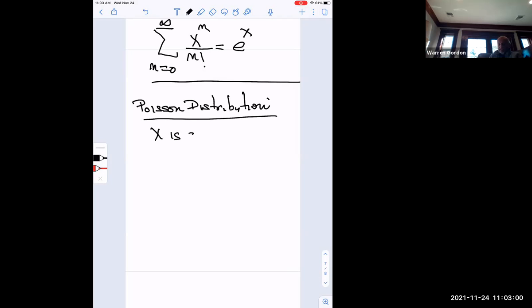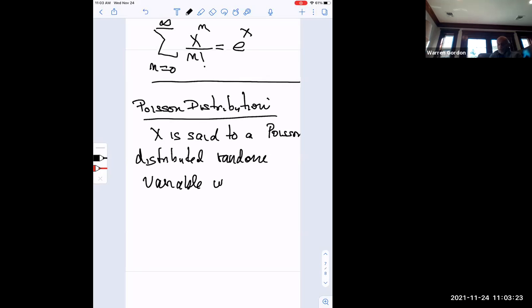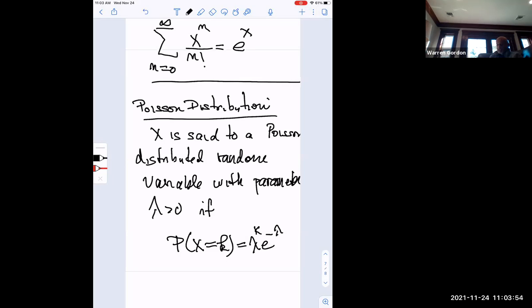X is said to be a Poisson distributed random variable with parameter lambda greater than 0 if the probability that X equals k is equal to